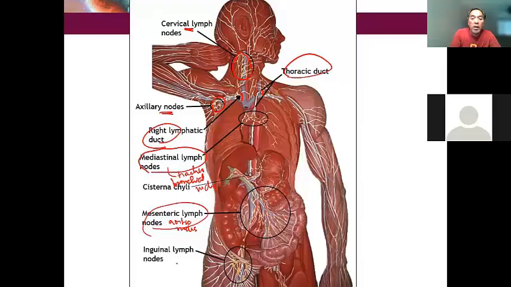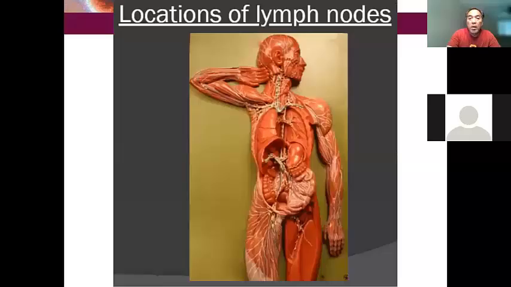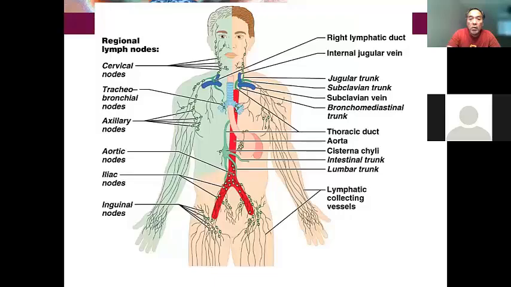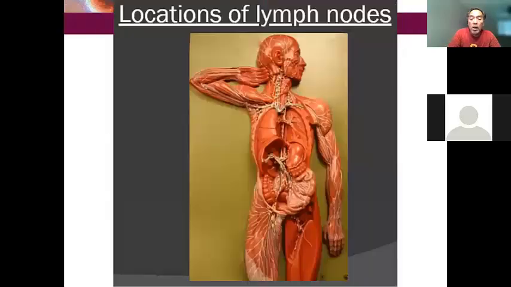And then we have here the inguinal lymph nodes located at the inguinal area. Okay, there's a ligament there called the inguinal ligament. Okay, so those are the right labels. Okay, so the second look is the magnified view, the location of lymph nodes, okay, and you should have our 6 lymph nodes: cervical, okay, and then we have on the armpit, axillary, and then between the trachea and the bronchi, tracheobronchial nodes,